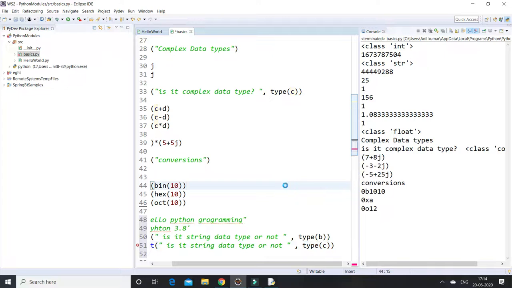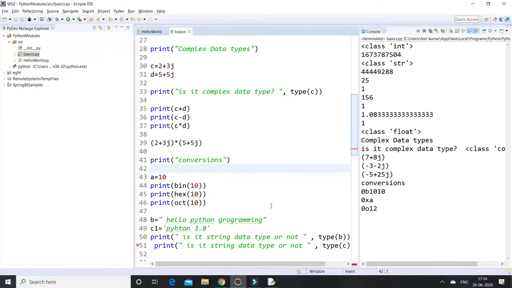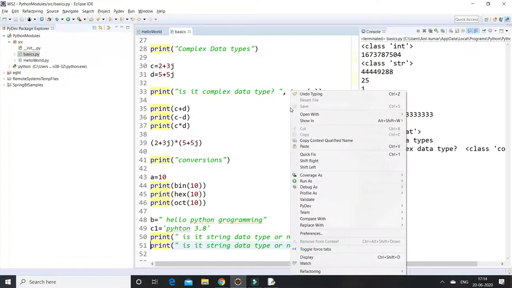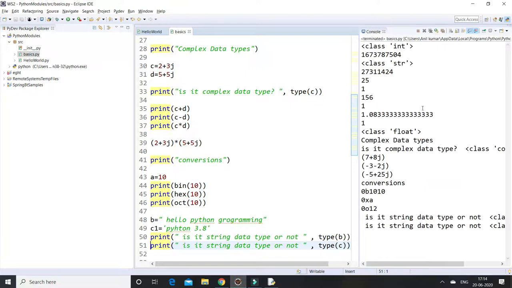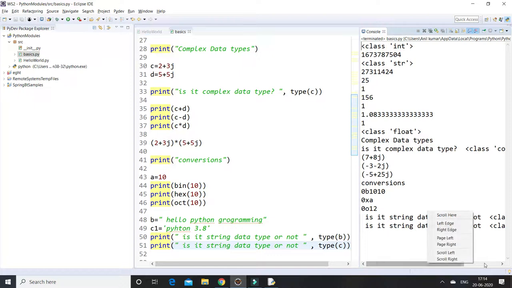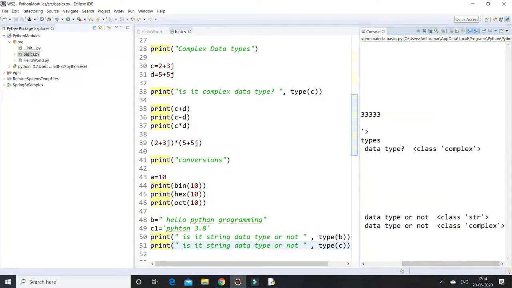So let us test our program and run. I am declaring c1 as Python 3.8 in single quotes, and b as hello Python programming. It verifies whether it is a string data type or not, and it is showing as string.